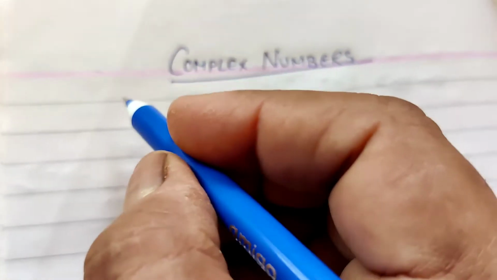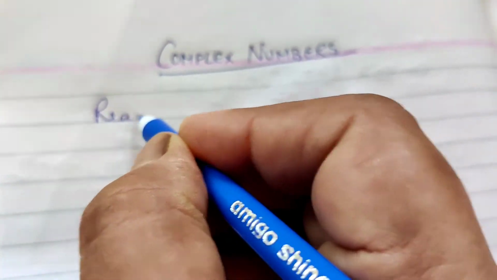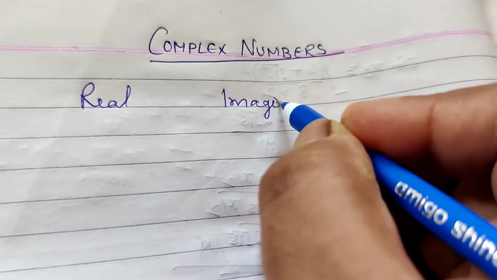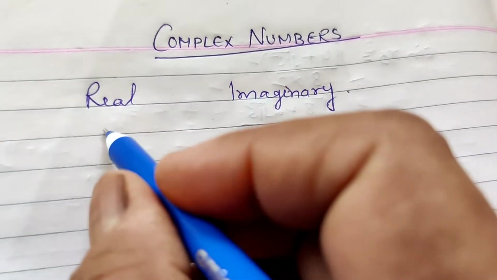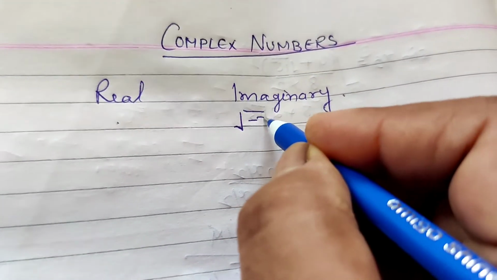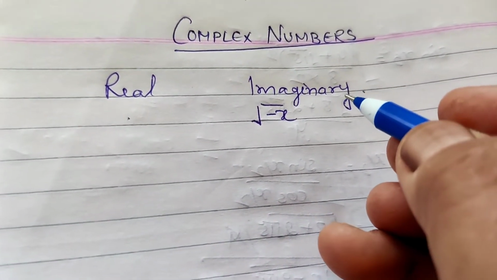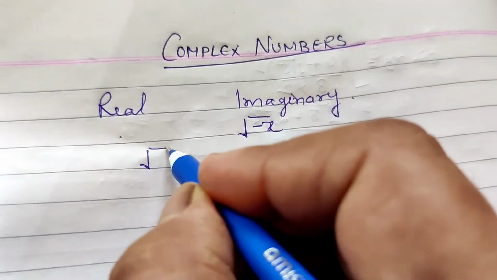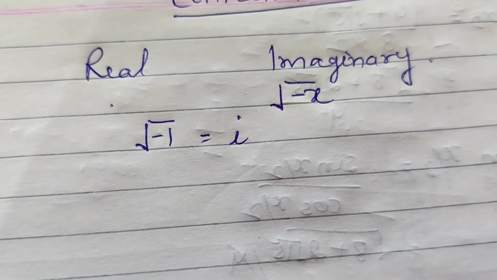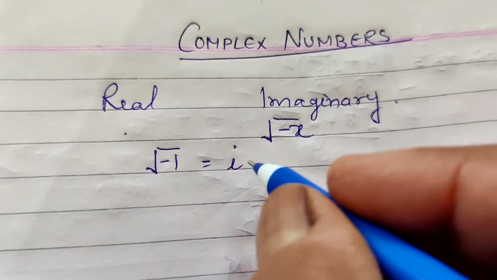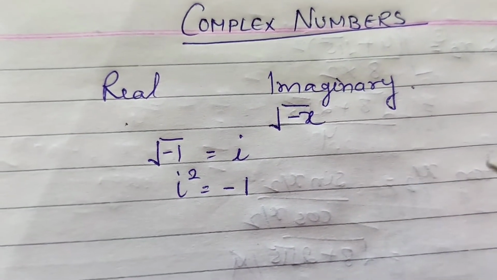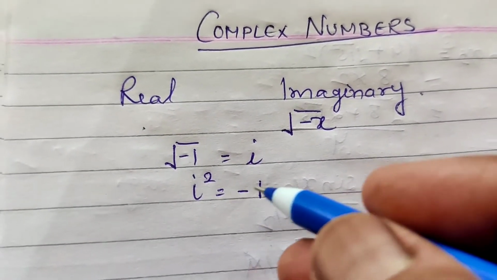Now the numbers are real numbers and imaginary numbers. We know that the numbers are of two types, real numbers and imaginary numbers. All real numbers we know about, लेकिन imaginary number क्या होते हैं? Square root of negative numbers are called imaginary numbers. In this, root -1 is denoted by the letter i. It means squaring both sides, i square equal to -1. Okay, the i is a solution. i square equal to -1.